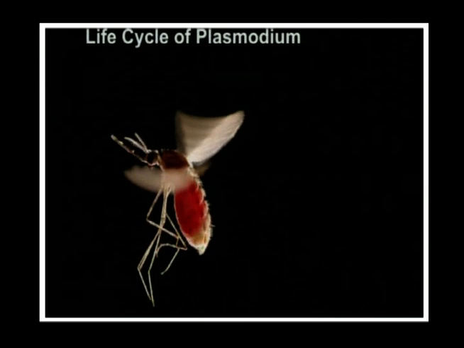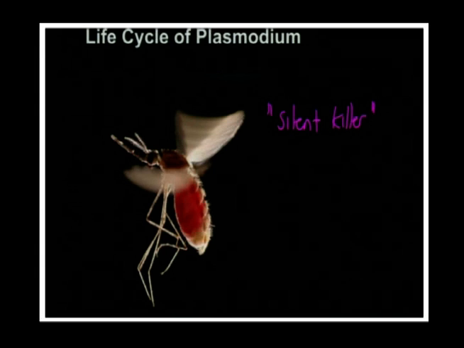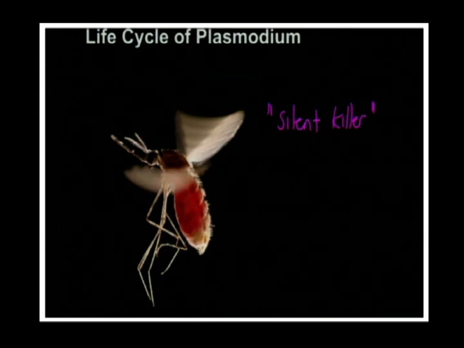Here is the female Anopheles mosquito in flight. She is often nicknamed the silent killer. The reason for this: the mosquitoes in Gauteng, you can hear them buzzing around your room all night. However, if one of them is an Anopheles mosquito, you won't hear a thing because they do not make that particular high-pitched whining noise. And what is really interesting about this picture, look at her red abdomen, which is engorged